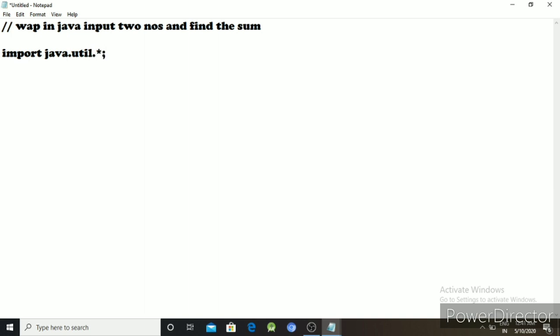That means all files and folders are imported. Like in C and C++ we have to use #include <conio.h>, but here we use import java.util. The Scanner class is available in the util package, so we have to write import java.util.*, that means all classes and methods.